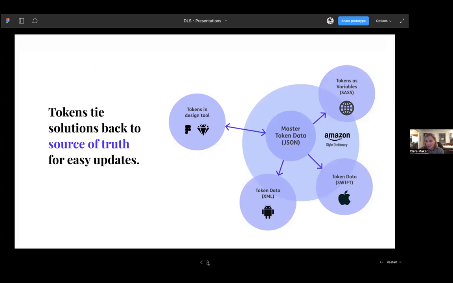And then you'll see Amazon Style Dictionary, and that's a build system that takes that JSON data and translates it into XML or Swift or Sass, or a variety of other languages as well, it's very configurable. And there are other ones besides the Amazon Style Dictionary. So for example, Salesforce has Theo that's usable.